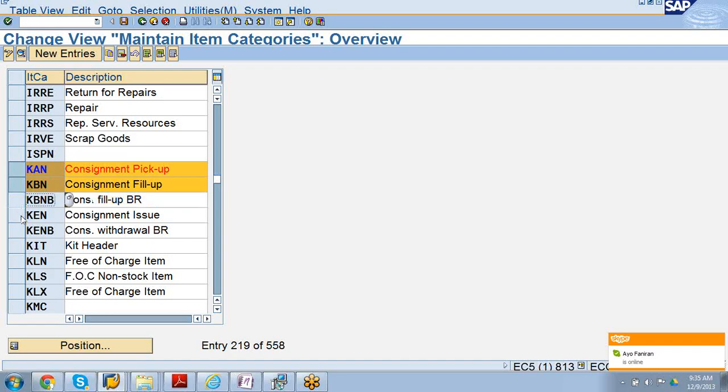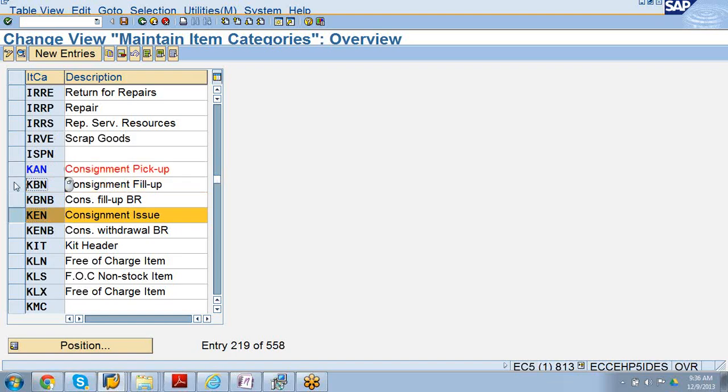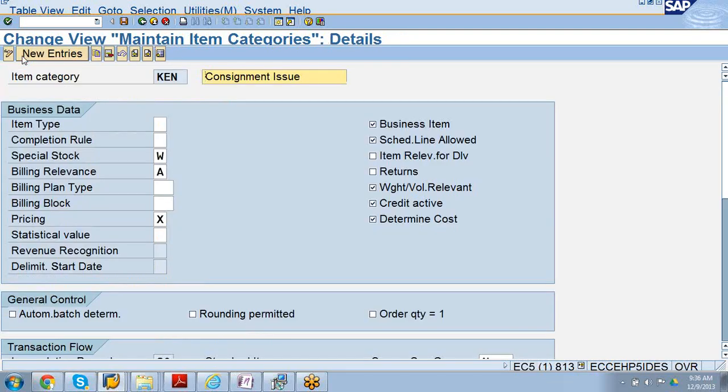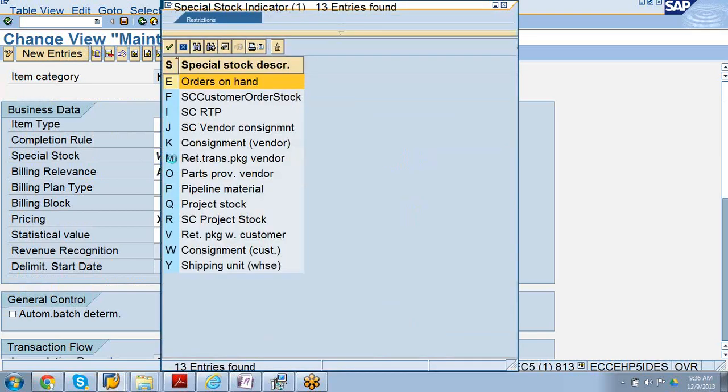So issue, fill up, or pick up. Consignment first, right?